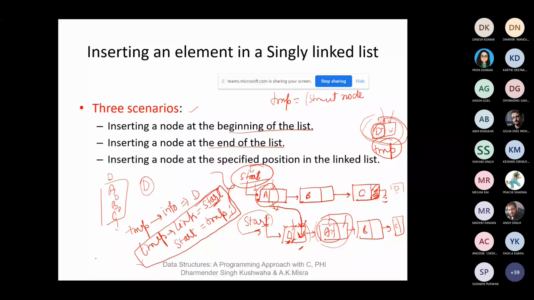If we are defining from the struct node, then using the malloc, size of struct node. So हमने क्या किया? Firstly, we have created this temp node. Now, temp tends to info में हमने क्या किया? The value we want to insert in the list, like D. So temp tends to info में हमने वो D value को insert कर दिया.